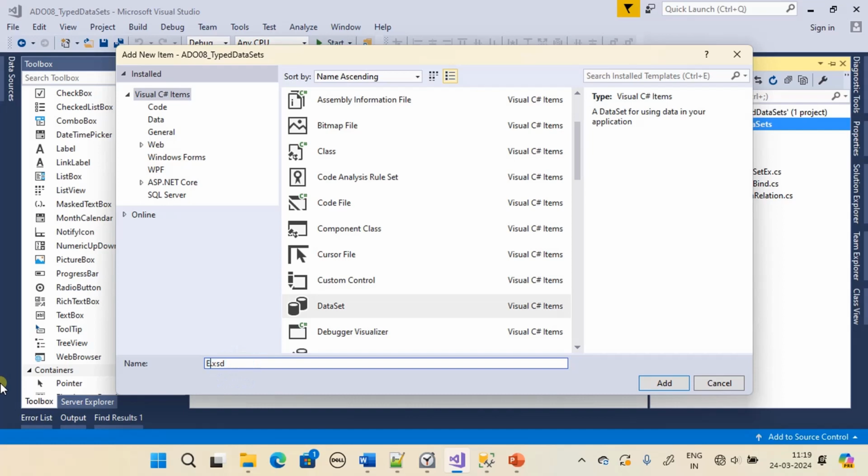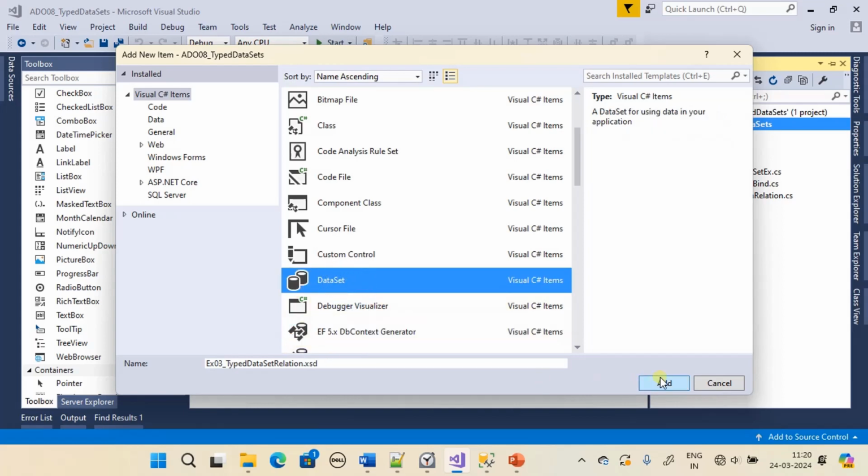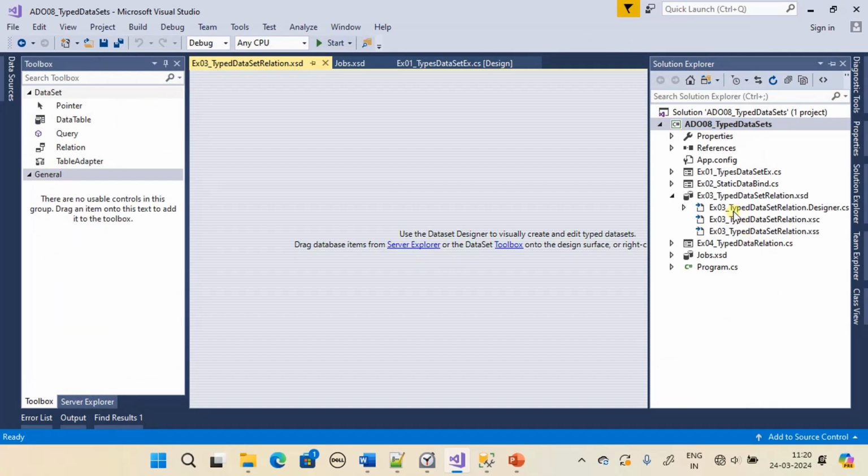We will name it as EX03 typed dataset. So that's the name we are giving here. Typed dataset relation XSD. We will click add here, and if you see, a new dataset relation is added,